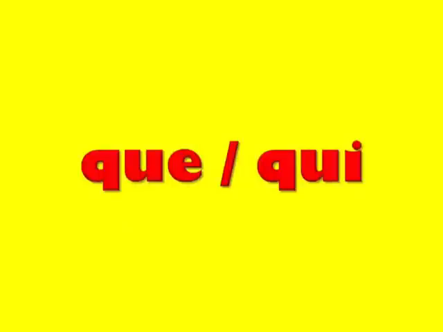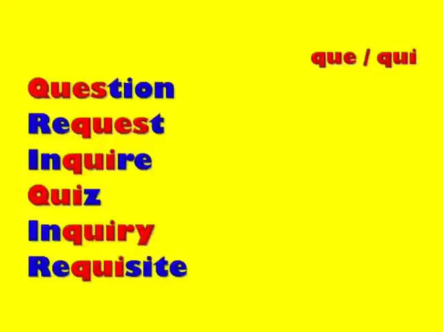The last of our root words for this unit comes in the form of QU, either QUE or QUI. Try to think of some words in English that contain this root word. Do that now. The words you see here all contain the root word que or qui. Looking at the words on this list or any other words you may have come up with, try to think of or predict the most likely meaning of the root word que or qui.